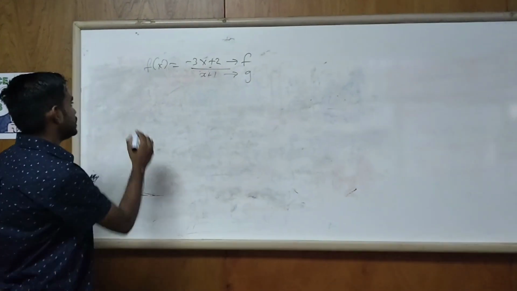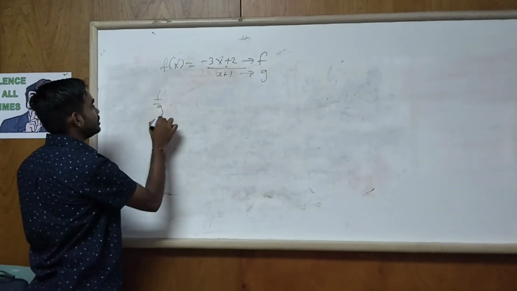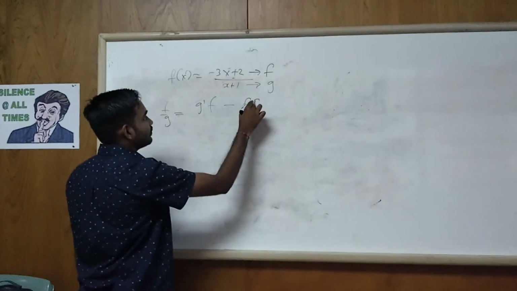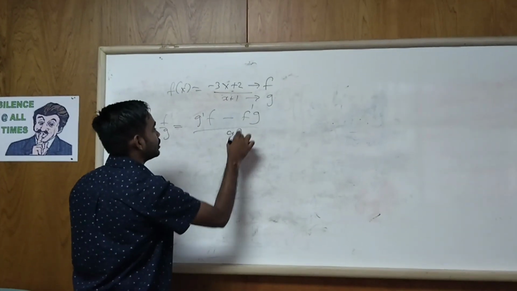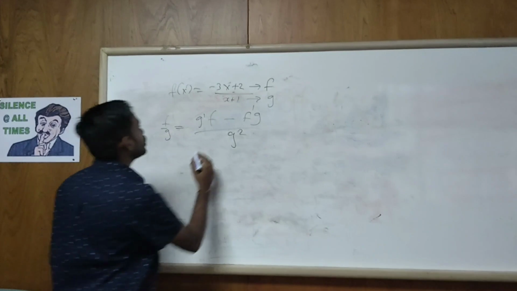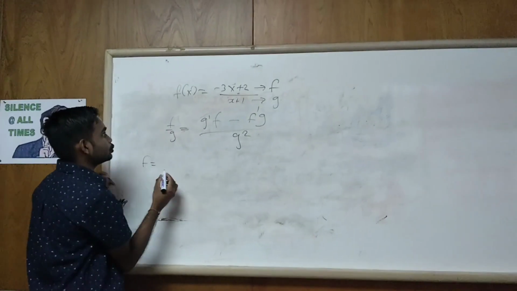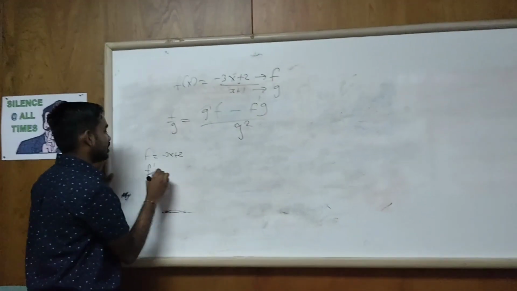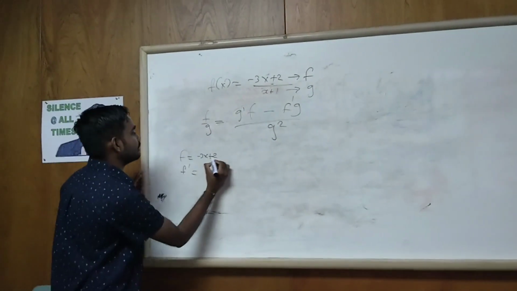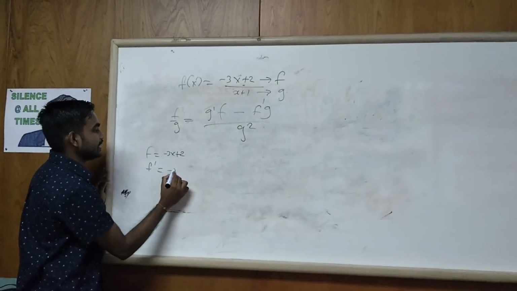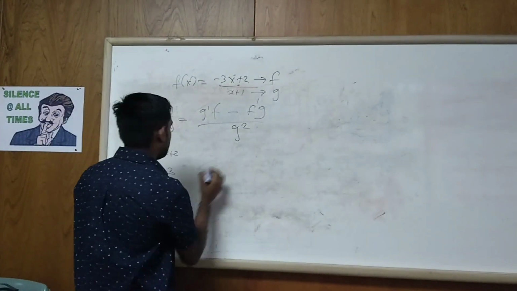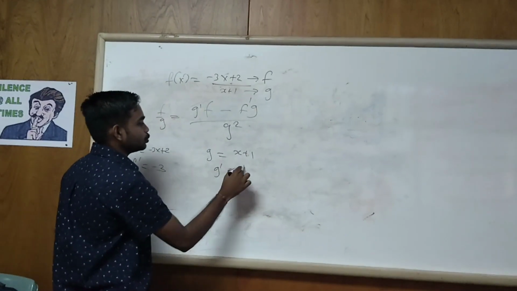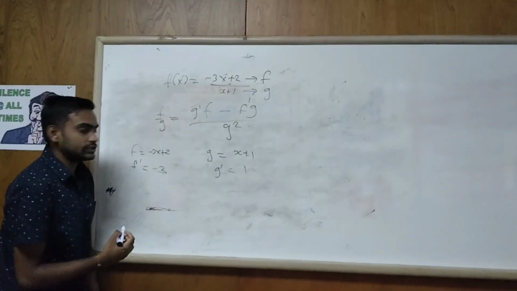Now let's write the rule. f over g dash is equal to f dash g minus f g dash, divided by g squared. So our f is negative 3x plus 2, and f dash, we are going to differentiate this, is negative 3. Then g is equal to x plus 1, and g dash is equal to 1. So let's plug into the